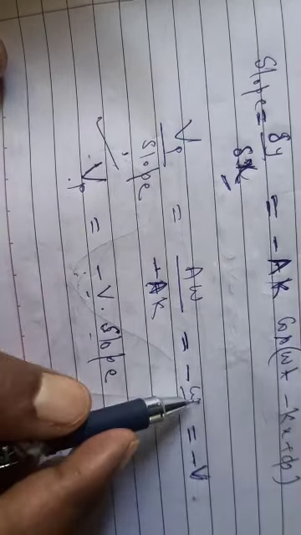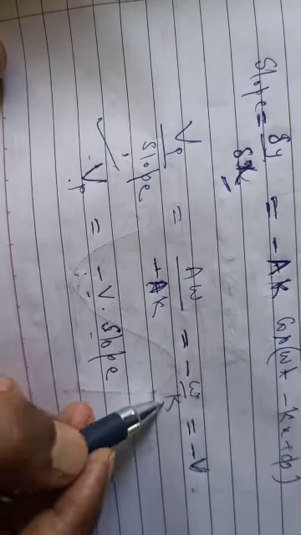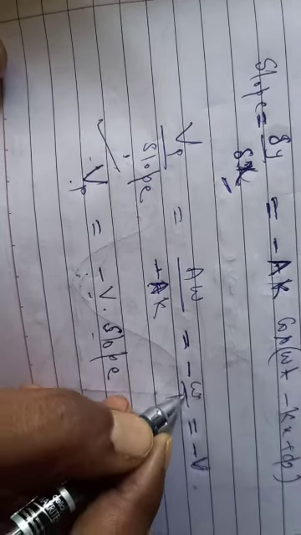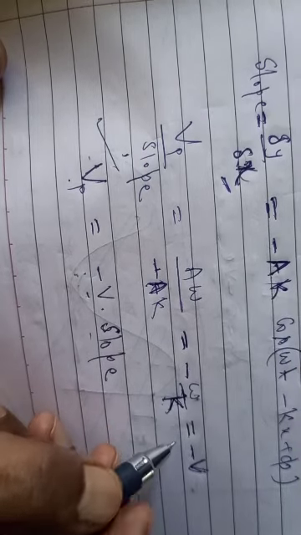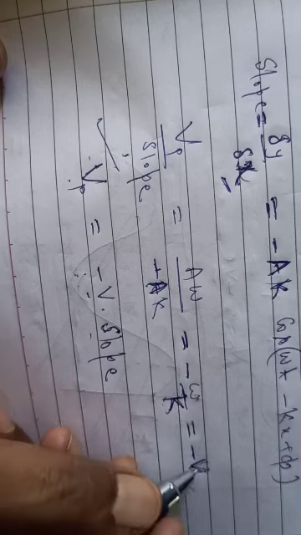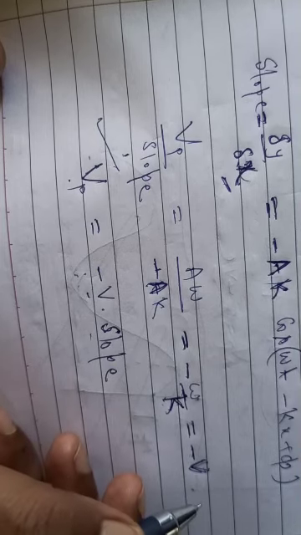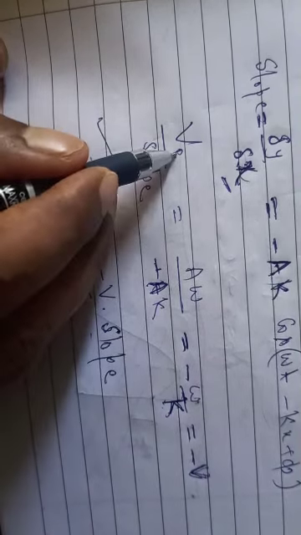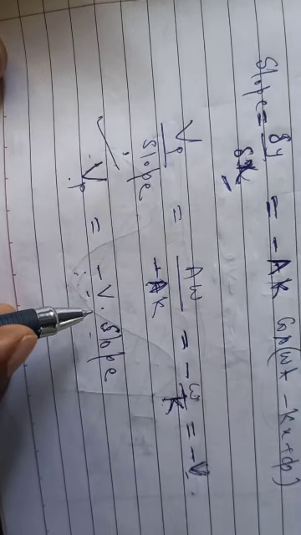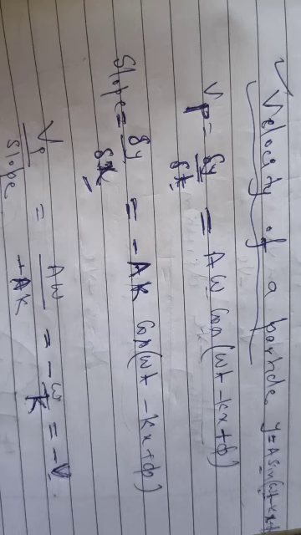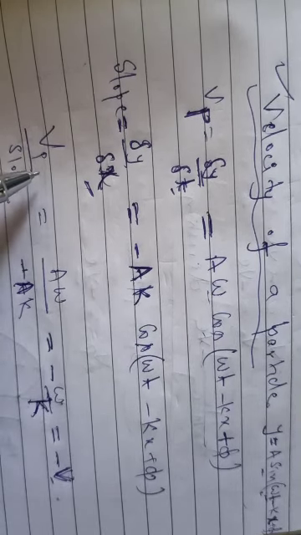What is minus v? Omega by k. Omega is the angular velocity, k is the angular wave number. Okay, and if you divide these two, angular velocity divided by angular wave number, that is equal to v. Okay, v is the speed of the wave. There is a difference between the velocity of the particle and the velocity of the wave. Okay, this Vp is not the velocity of the wave. This Vp is the velocity of the particle. That's why I have written velocity of the particle.